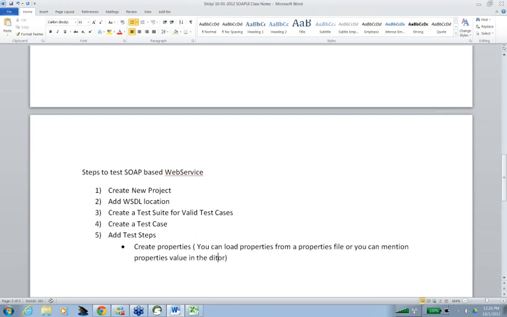You can do anything. Then do property transfer, from the properties file. Here you have created the properties. Now you want to transfer the properties to the XML request, or you can say SOAP request.